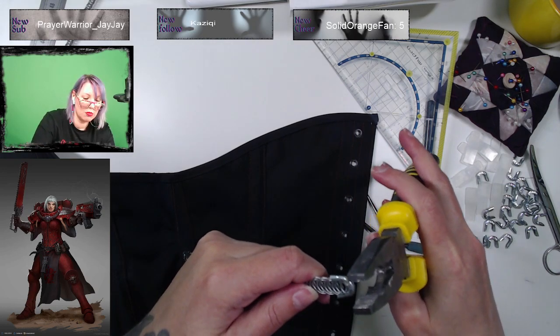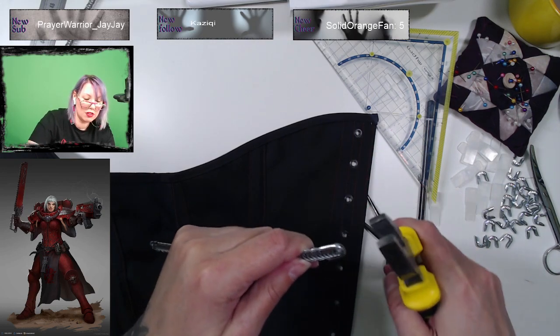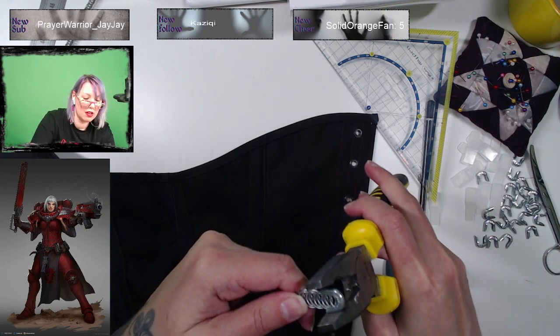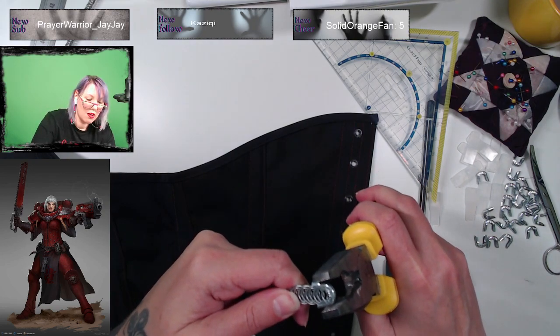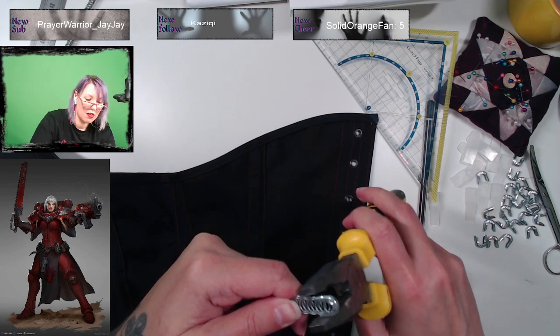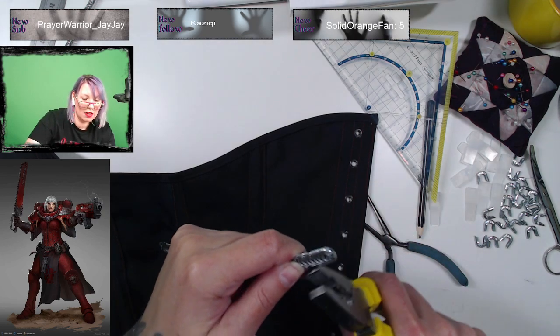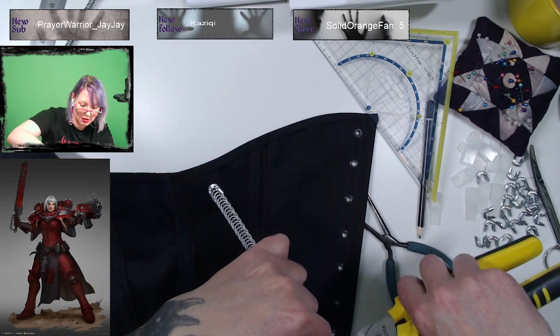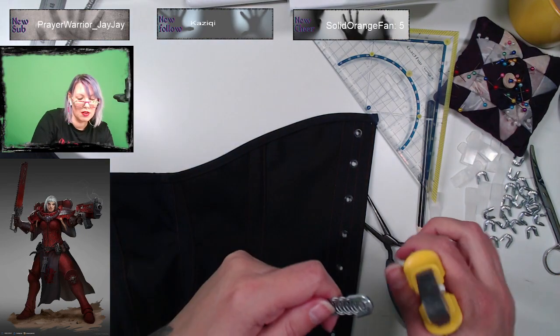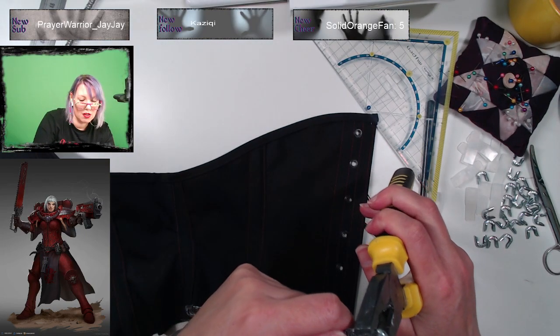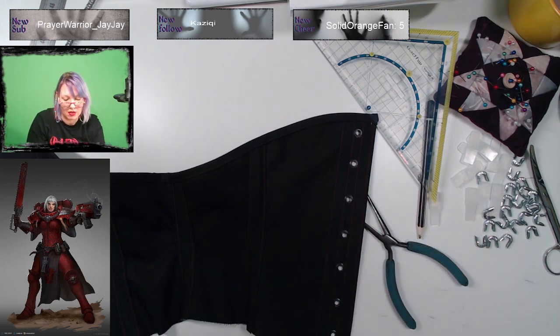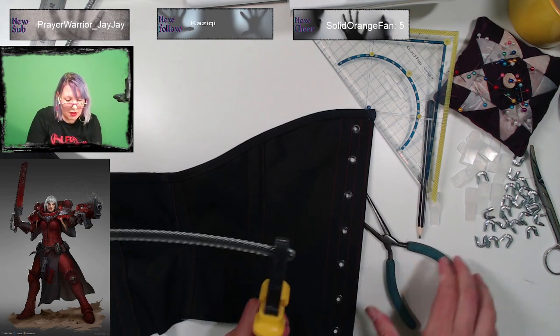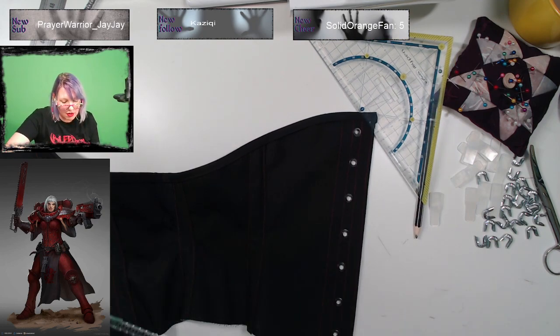Make sure that they don't move, because they need to be all the way in. I'm just going to squeeze the top bit a little because it seems to want to move.